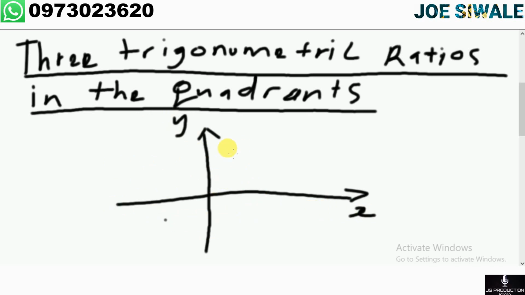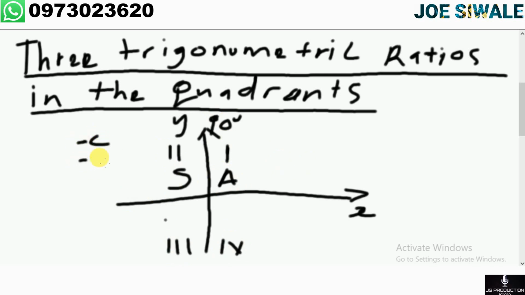So in here we have the first quadrant, the second quadrant, the third quadrant, and the fourth quadrant. In the first quadrant, all the 3 trigonometric ratios are positive, and the angles in the first quadrant go up to 90 degrees. Then in the second quadrant, sine is positive. That means cosine is negative and tan is negative. And the angles here go up to 180